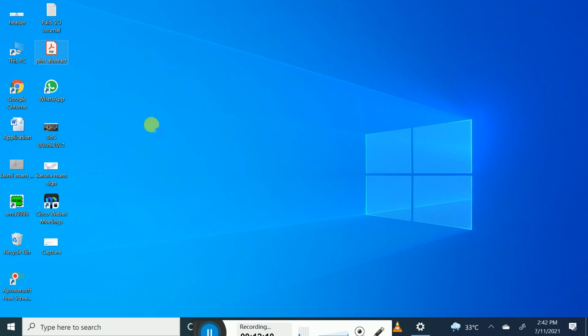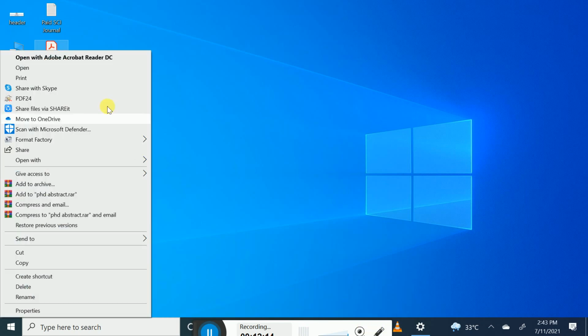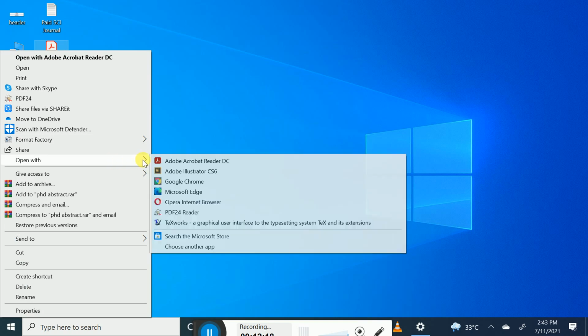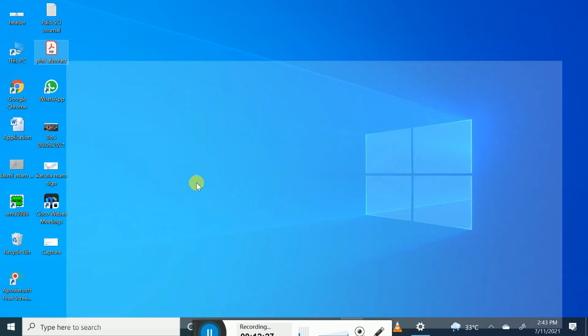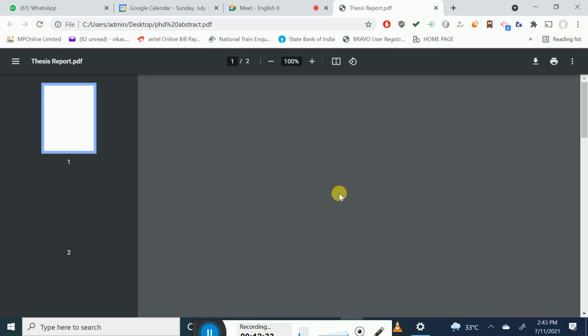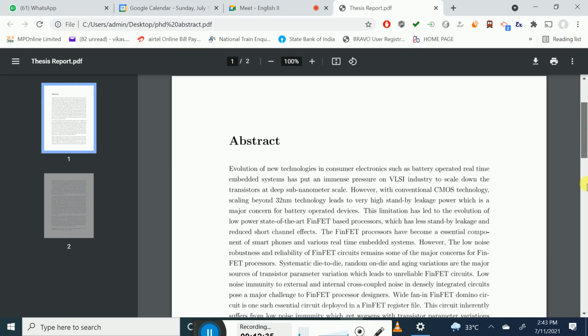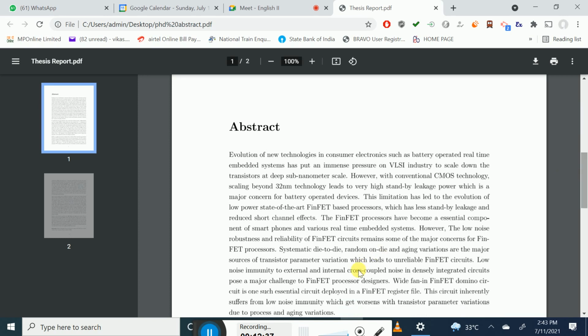So I'll just open this document with Google Chrome. Remember, open this document with Google Chrome rather than Adobe or other apps. So this is opening. Okay, and it's open. This document is open.